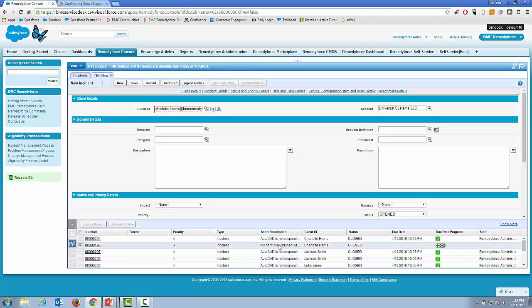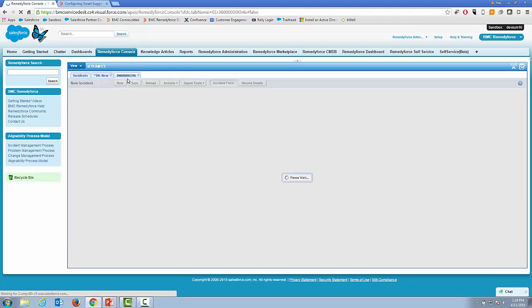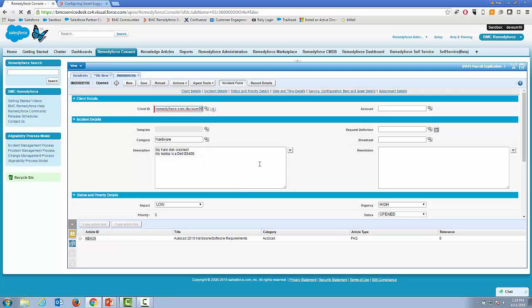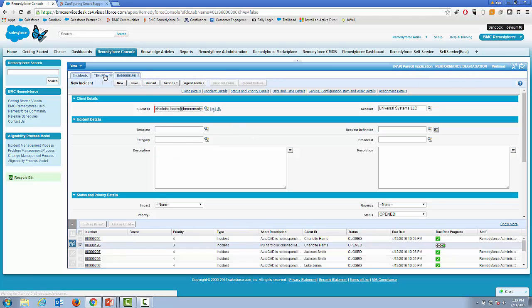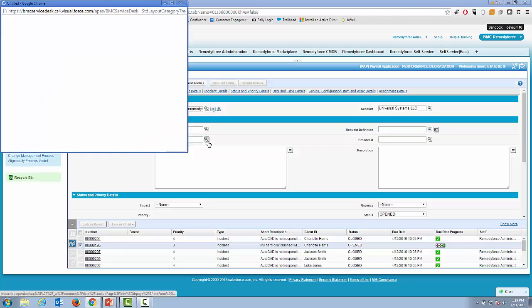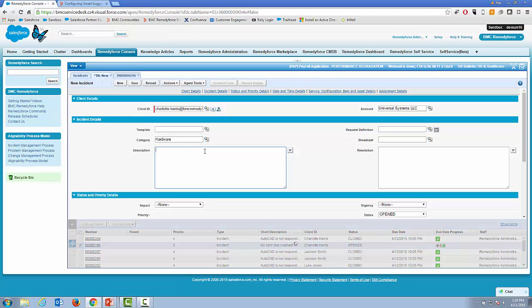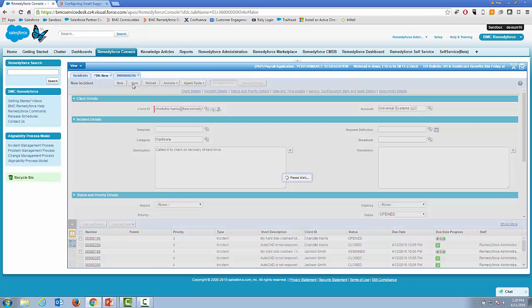In this example, we can see that Charlotte does have a record currently open regarding her hard disk that's crashed. We can actually take a look at this record by launching it in another window within the console and provide any updates that Charlotte may be calling in for. Assuming that Charlotte is calling in for an update, we also have the option of going ahead and creating a record